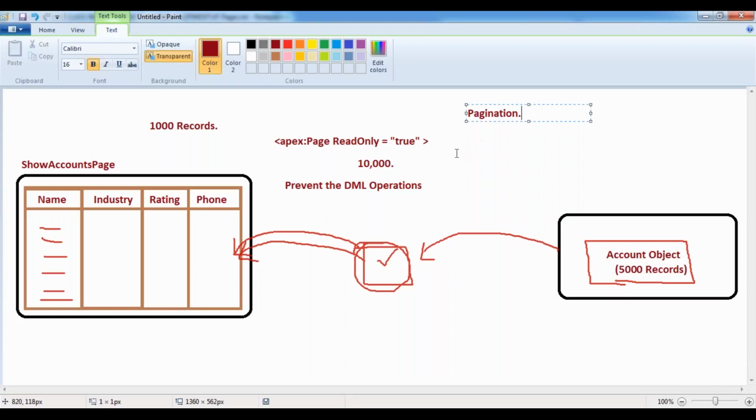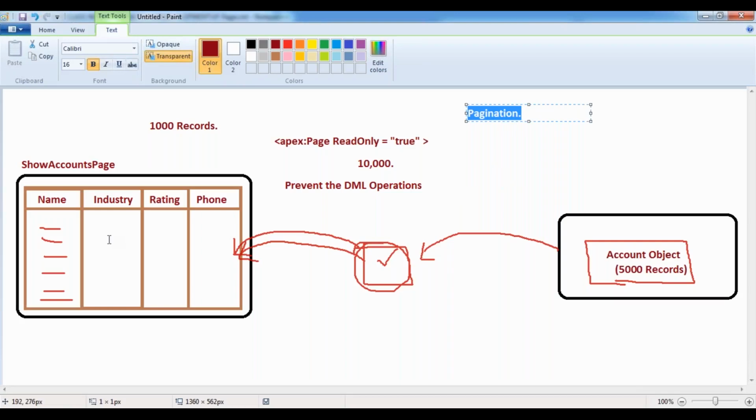By using this pagination, whatever records are available inside this account object, we collect those records and split them into various small pieces, called pages. Then we can represent only one page at a time inside your Visual Force page,